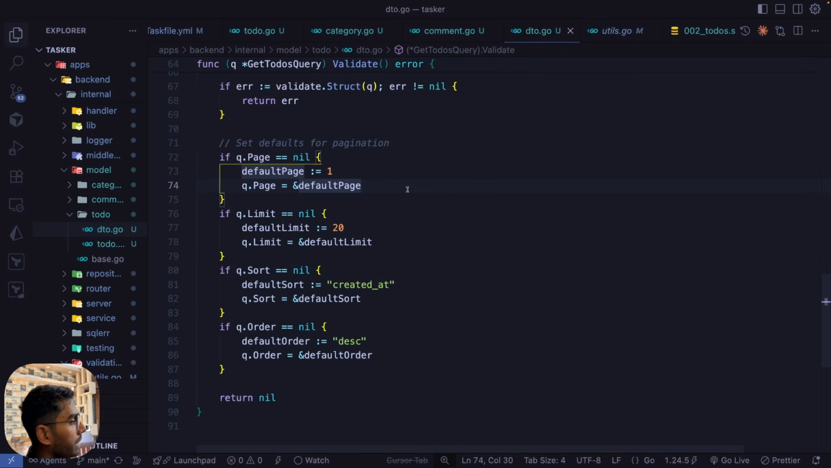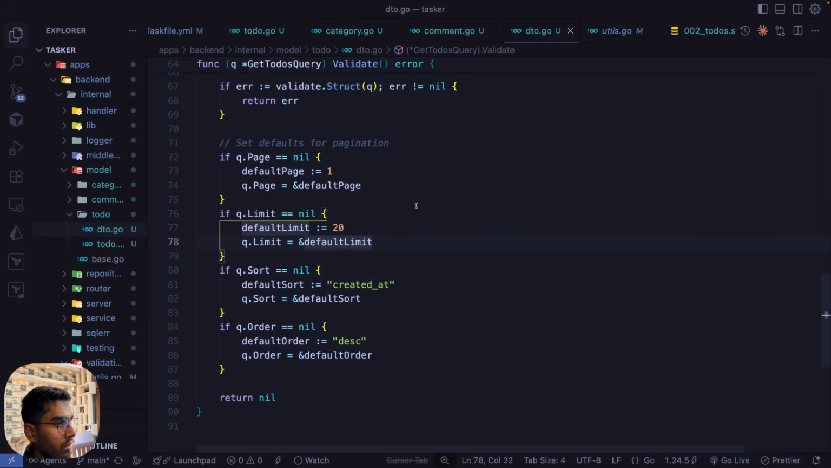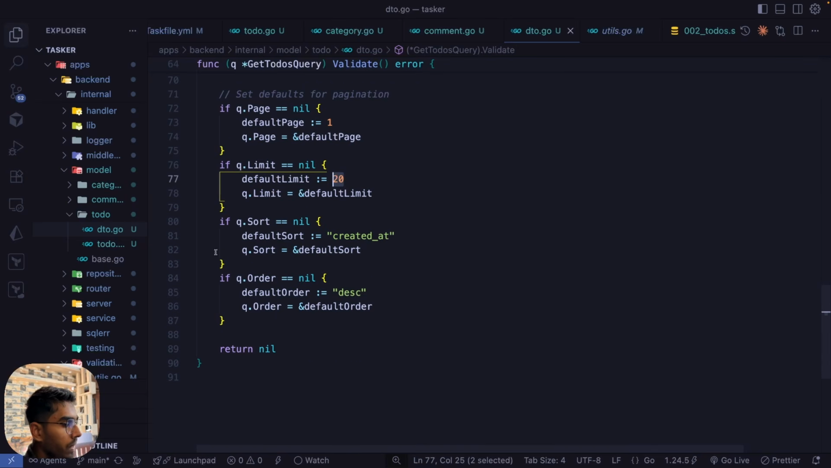If after getting data from our client, if either of these 4 fields are not provided to us, then we are setting some default values before forwarding this whole struct to our repository layer. And what are the fields that we are setting? We are setting the page. If page is not provided, then by default, we are setting the page number as 1. The limit we are setting as 20. The default sort parameter, we are setting as created at, and the default order of the sort